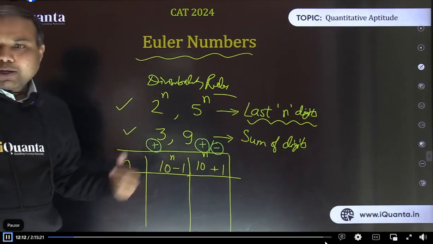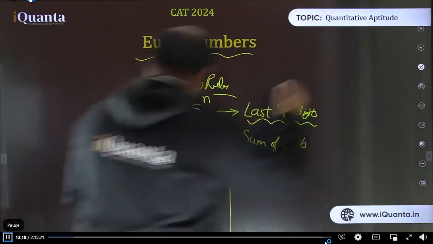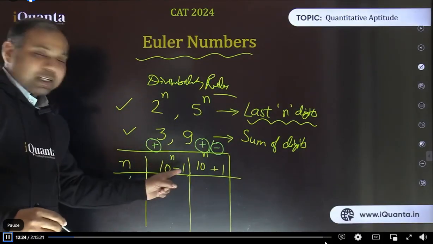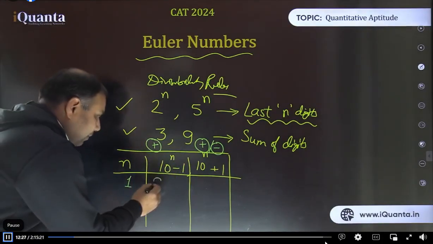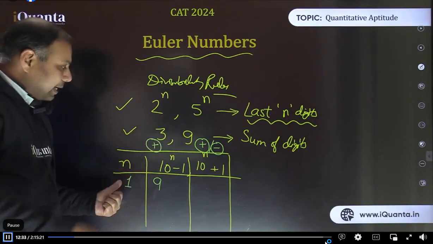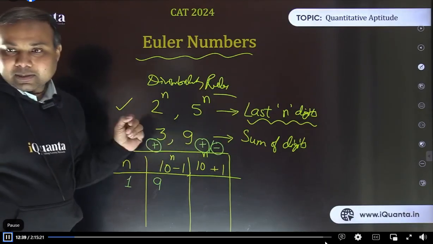I will explain it again, although you discussed this yesterday. Now, when n equals to 1, in this first case my divisor becomes 10 power n minus 1, that is 10 minus 1, that is 9. The rule for 9 is to make groups of 1 digit at a time from the rightmost end, and all the groups are to be added. That is the basic rule for 9, which you use here too, right?